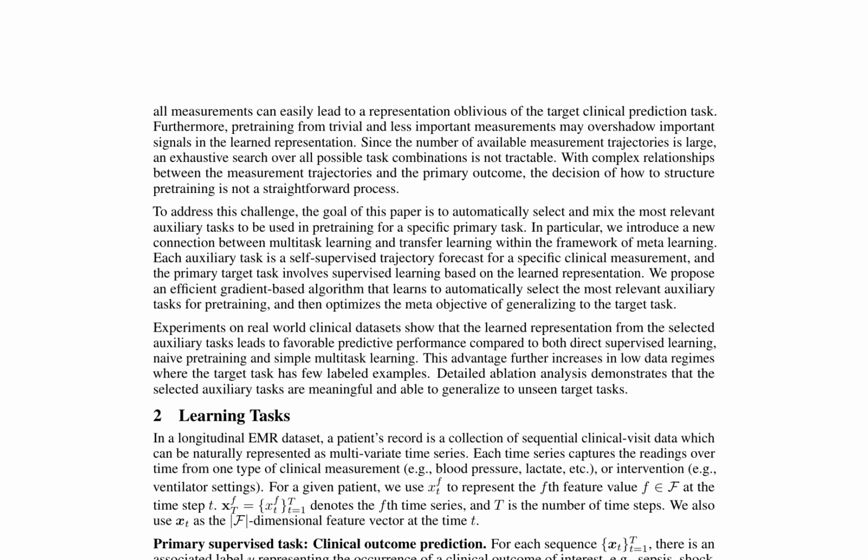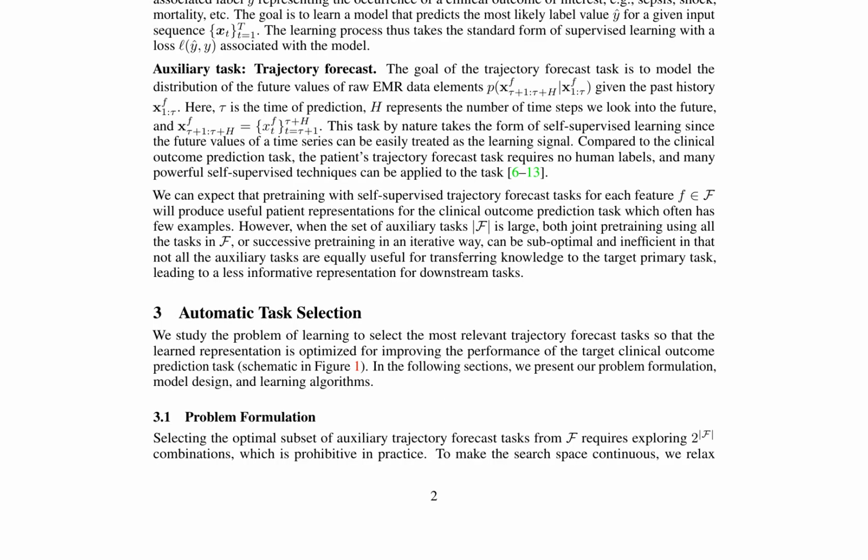To optimize the learned representation for the target task, the authors introduce an efficient gradient-based algorithm that automatically selects and optimizes the most relevant auxiliary tasks for pre-training. This proposed method is evaluated on real-world clinical datasets, demonstrating favorable predictive performance compared to direct supervised learning, naive pre-training, and simple multitask learning. The advantage of the proposed method increases in low data regimes where the target task has few labeled examples. A detailed ablation analysis confirms that the selected auxiliary tasks are meaningful and can generalize to unseen